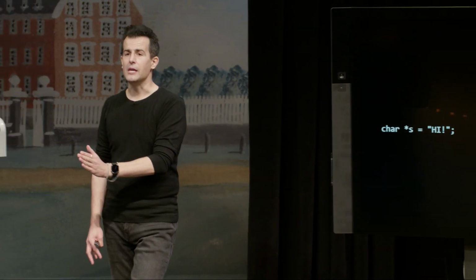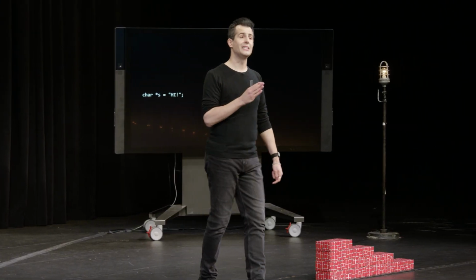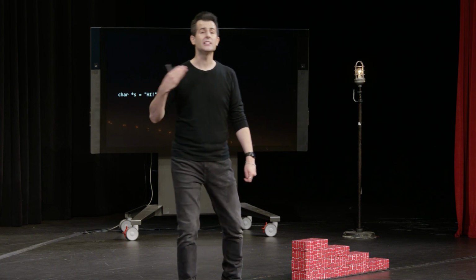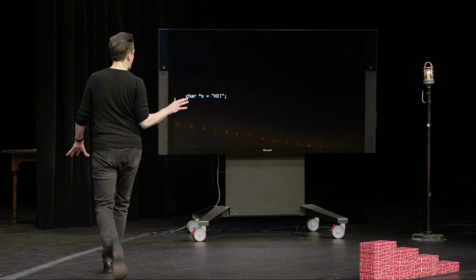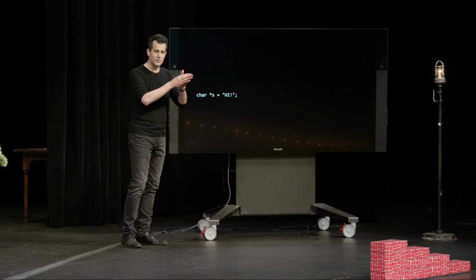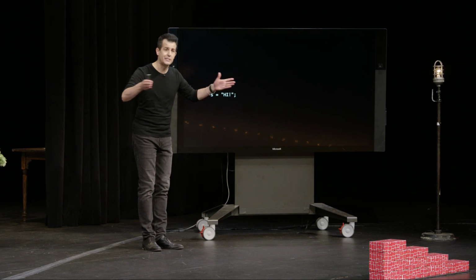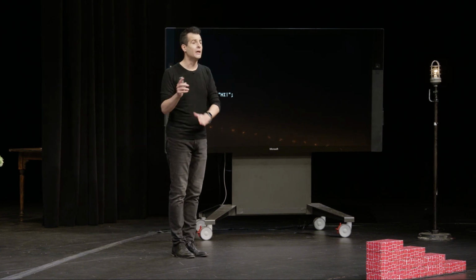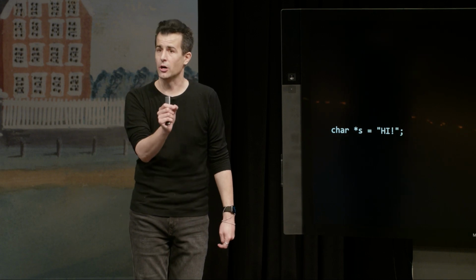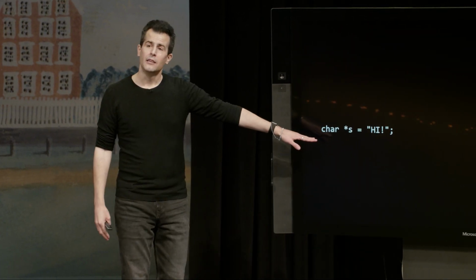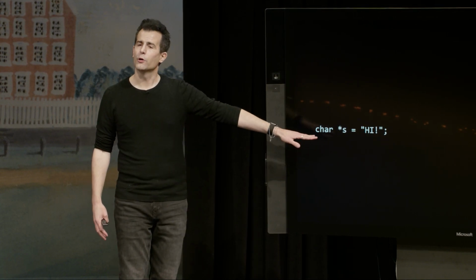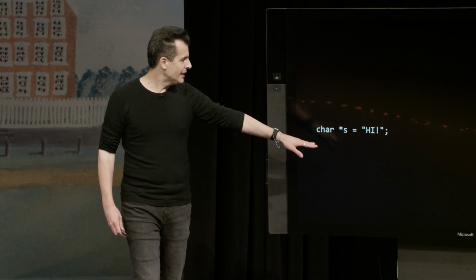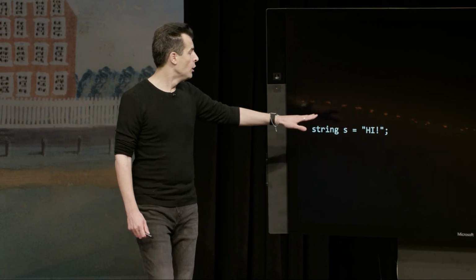Char star. Now, what does that mean? Well, char star, much like our int star a few minutes ago, just represents the address of a character, much like int star represents the address of an int. And if you agree with me now that you can think of strings as sequences of characters, or more specifically, arrays of characters, or more specifically, as of today, the address of just the first character, then we now can apply this new terminology of pointer to our old familiar friends, strings. String is a synonym, if you will, for char star.